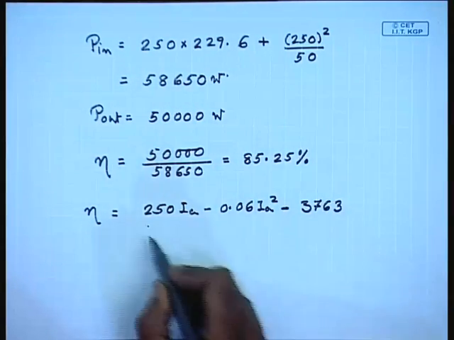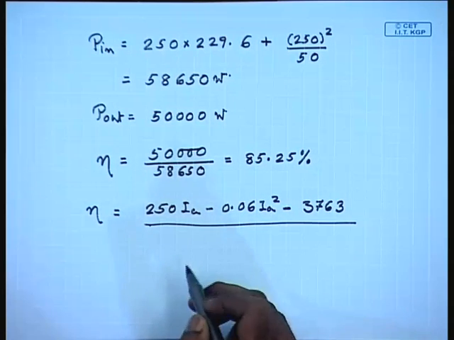This is the output power at any armature current, and the input power is